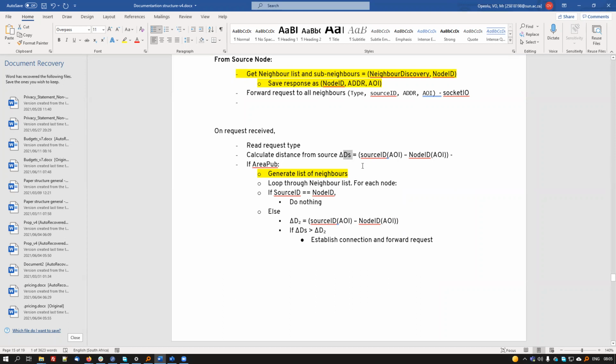If the length, again, this AOI is the point displacement, there's going to be a computation for that. If that length is greater than the current one, then forward the request. I'm not sure if I'm confusing it. It should be the other way, right? Yeah, I wrote it on paper actually. It should be the other way, the distance is greater. Yes. So if this distance is greater than the source,